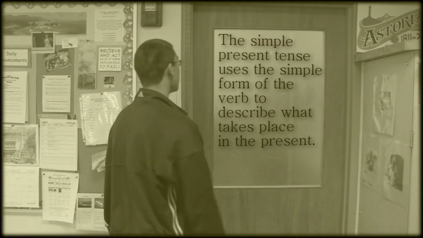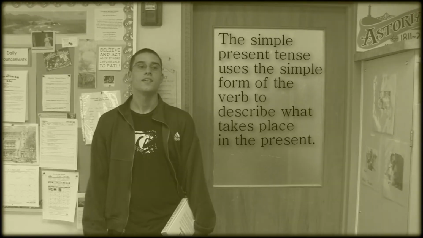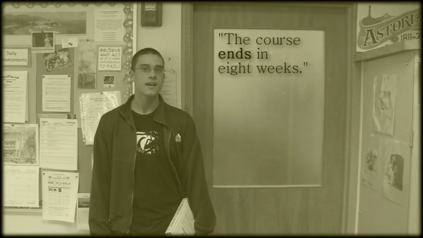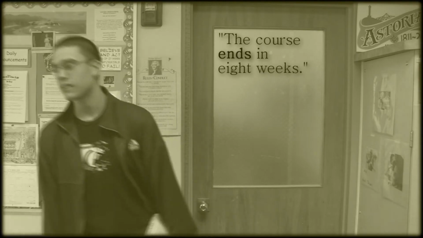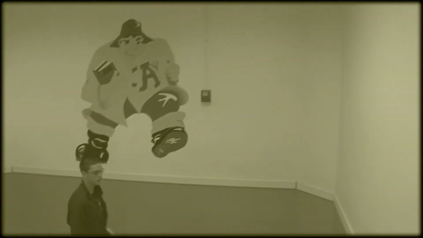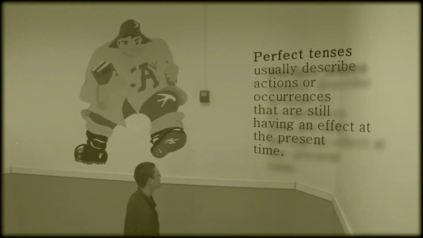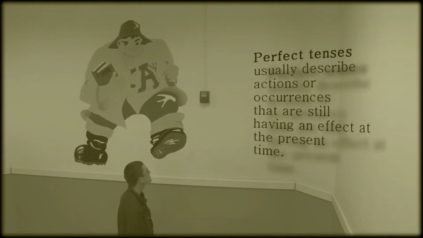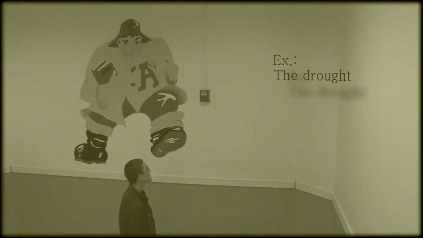The simple present tense uses the simple form of the verb to describe what takes place in the present. The course ends in 8 weeks. Perfect tenses usually describe actions or occurrences that are still having an effect at the present time. For example, the drought has created...